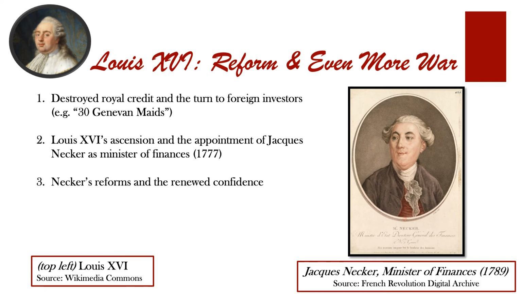Necker sought to restore royal credit through a series of important reforms. First, he used royal assets to buy back venal offices. Second, he reformed the tax mechanism so that collection would be much more reliable. And third, and probably most importantly, he attempted to stoke public confidence in the crown by publishing the accounts of the king for the first time in French history. We'll read the preface to this book in class, but it went a long way to restoring confidence in the French financial system and the monarchy itself.